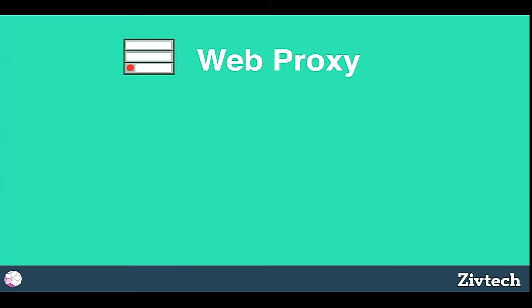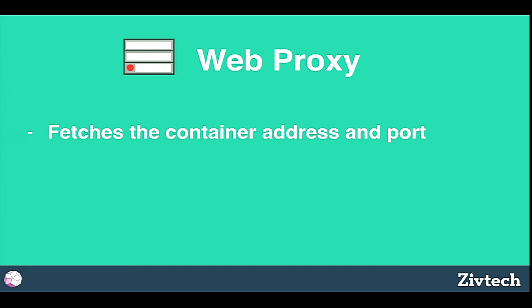Then the web proxy. How do you actually go and see this thing? Well, Docker is going to spin up this environment, and it's going to pick a port for you, right? But you probably don't want to go to some IP address colon some port number that's dynamic and changes, right? So we want to give you a link that you can hang your hat on. So what the web proxy does is look at the request that's coming in, figure out what container address and port it's supposed to use, and then proxy the incoming connection back to the appropriate container on the back end.